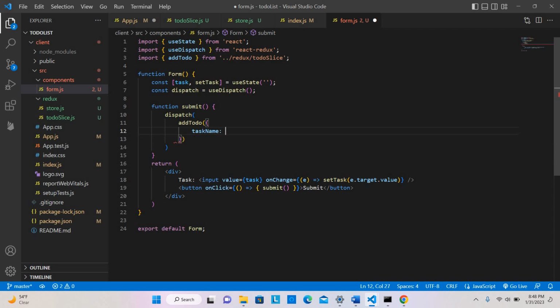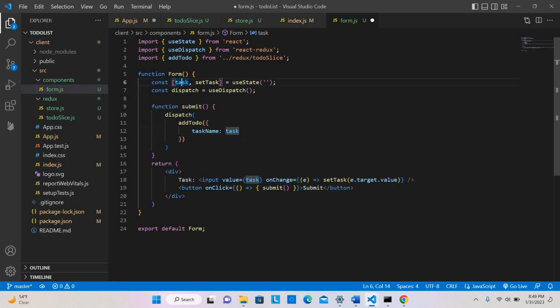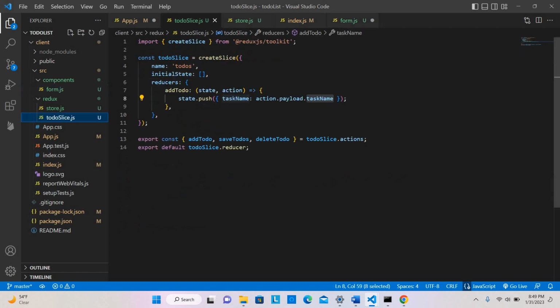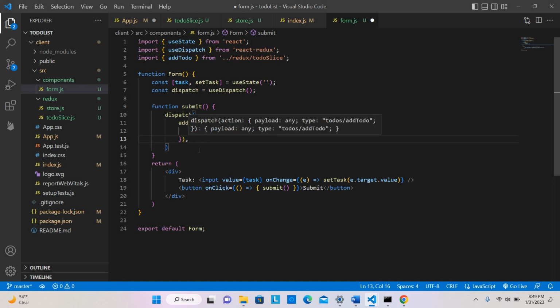So taskName equals the task that we assign right here. So we're sending this variable in the form of the property taskName into here. Then put a comma there,